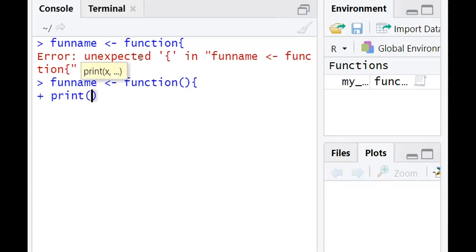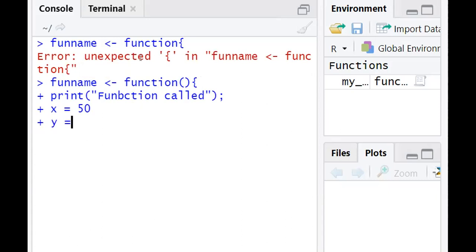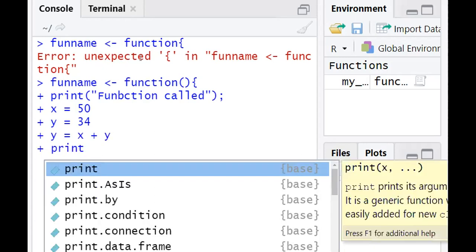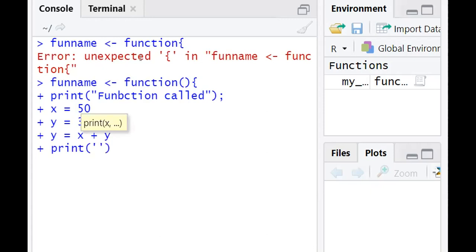So we can print like this, and if we want, we can do the computations. Let us declare some variables like this, and then we can perform the addition operation like this, and then let us inject a few more print statements.